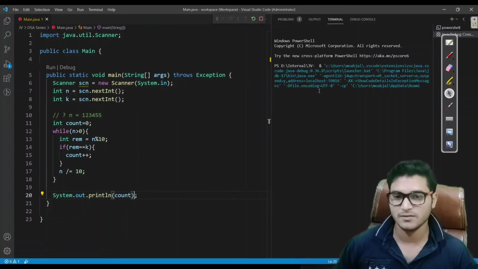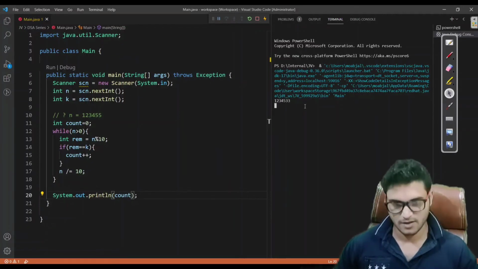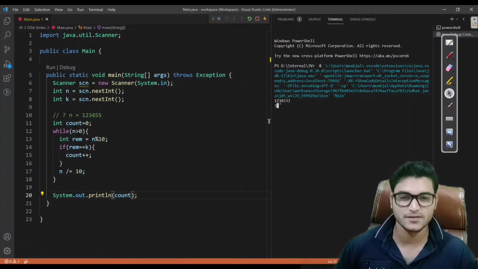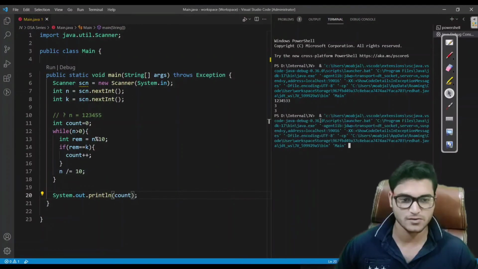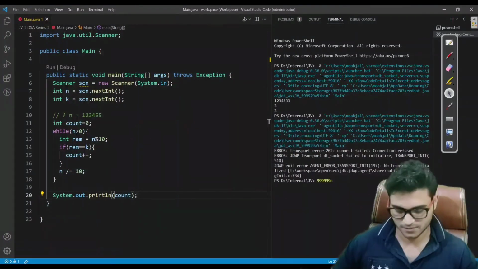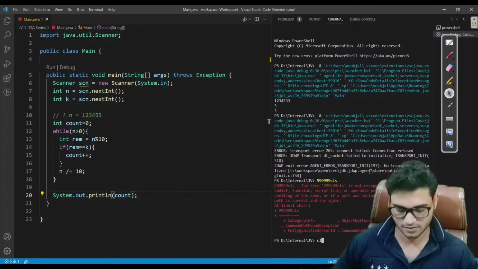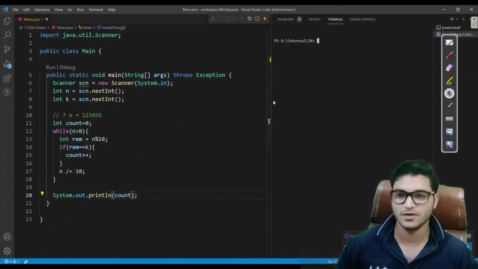Let me enter 1 2 3 4 5 3 3 and I will search for 3. What are you expecting? We would get 3 as output. You can see I am getting the answer 3. Let me run it again. This time I want to enter... sorry, we have an error in VS Code only, not in the program.